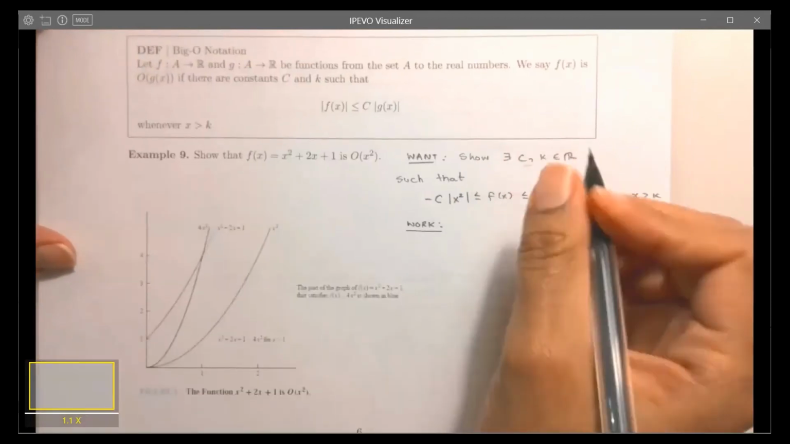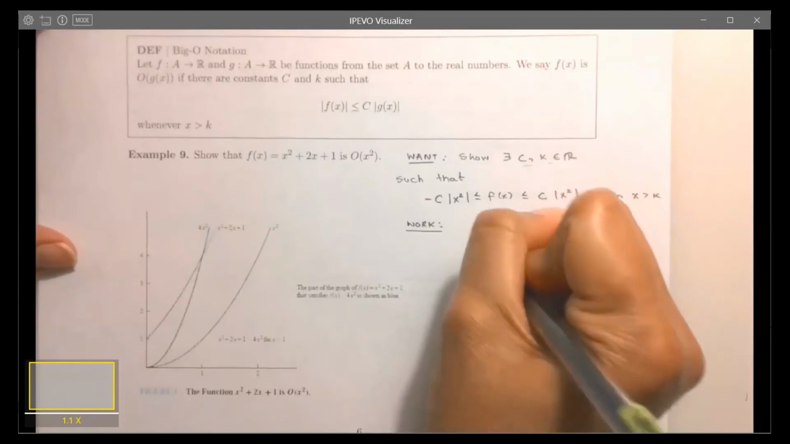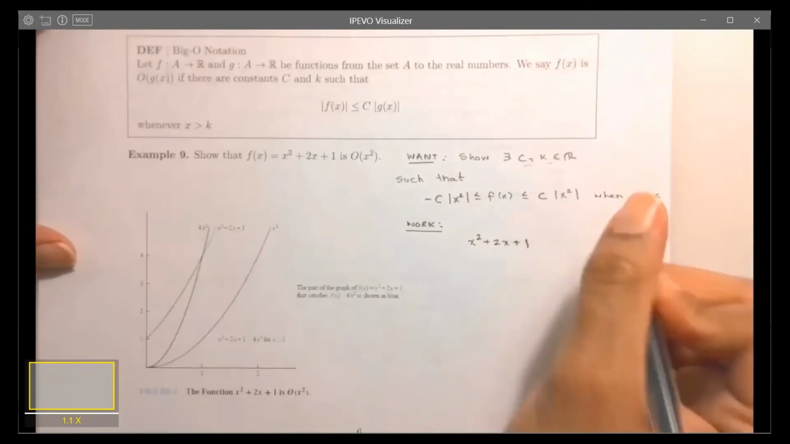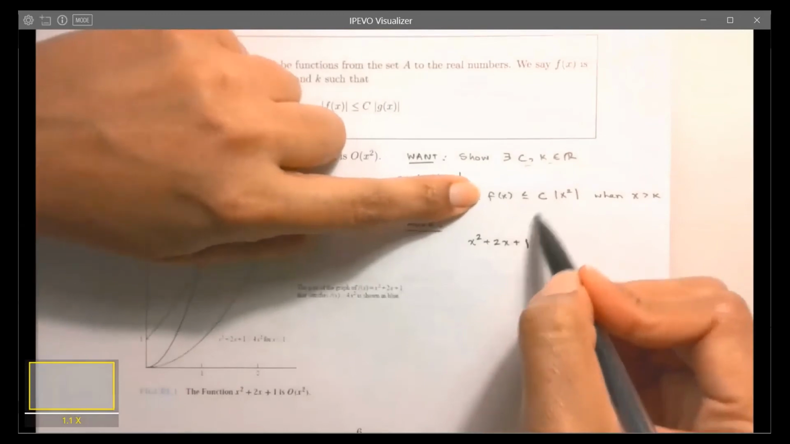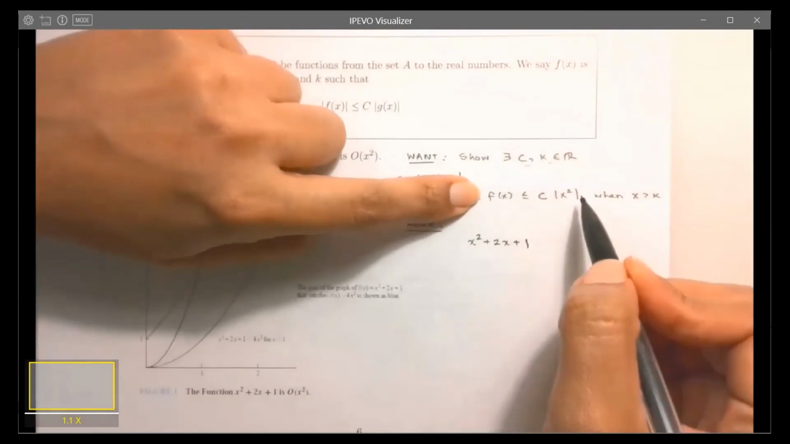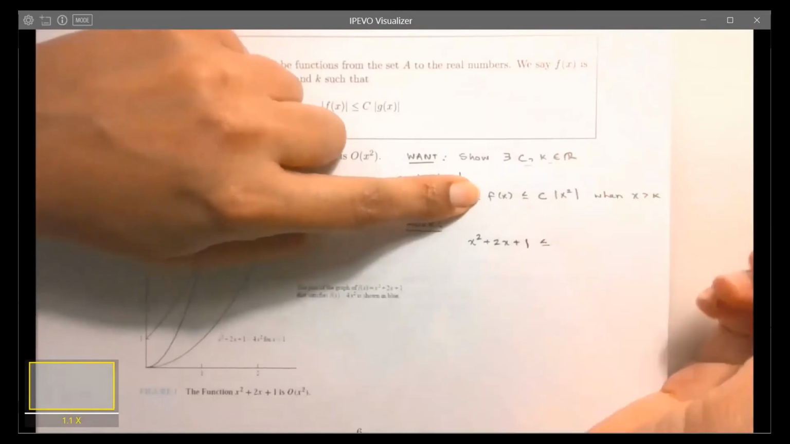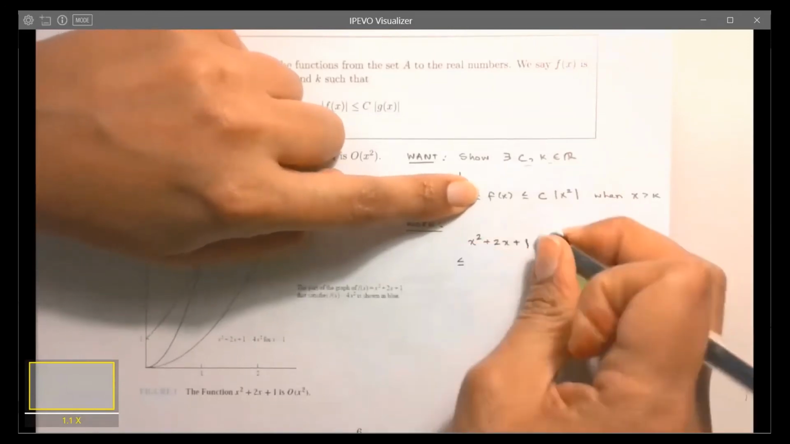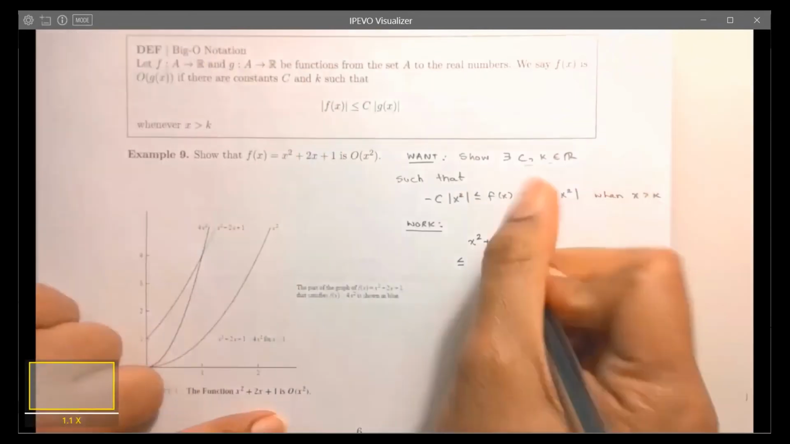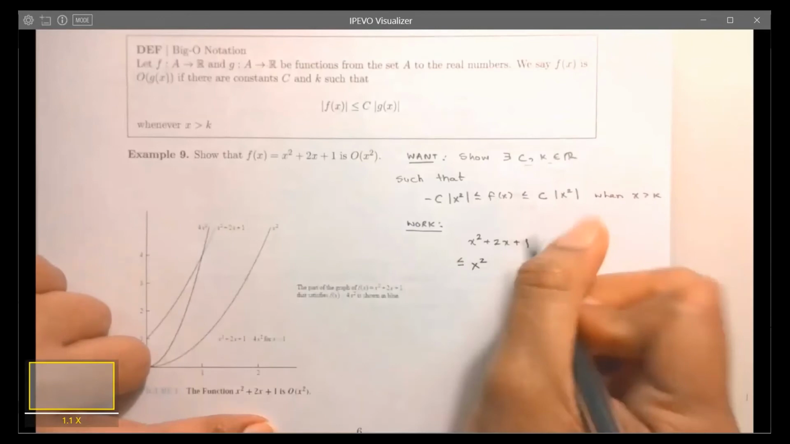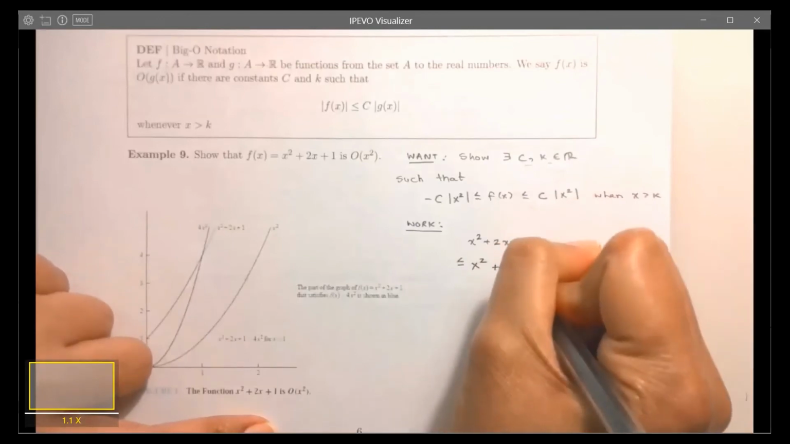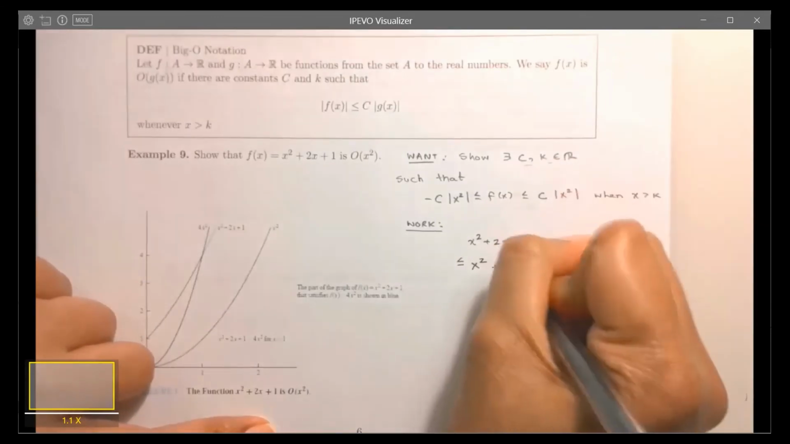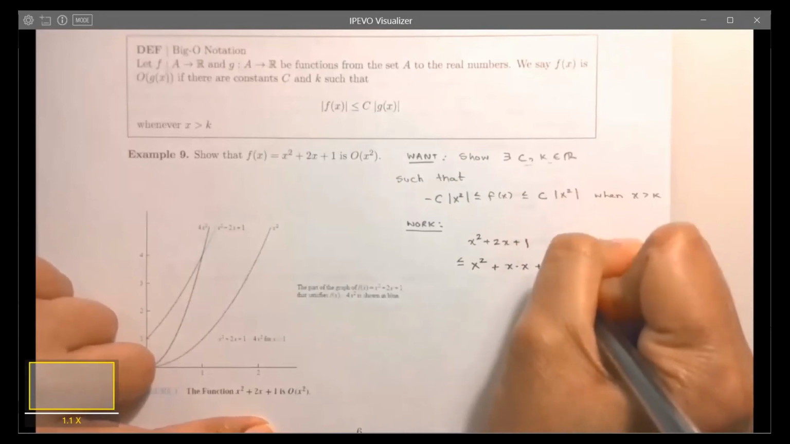So I have f of x is x squared plus 2x plus 1. I'm going to start by first trying to find something that bounds that above. So I want to see what that is less than or equal to. So notice this is going to be less than or equal to, and I'll write it here so that the terms align. That's going to be less than or equal to an x squared plus an x squared. I'll say, just so that it's a little clearer, plus an x times an x plus an x squared